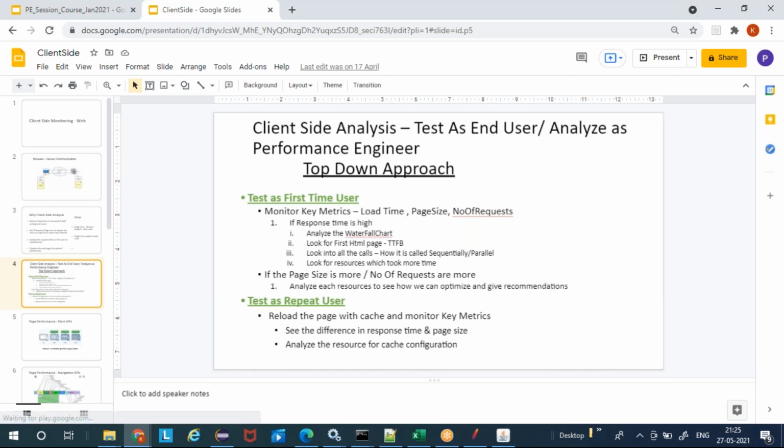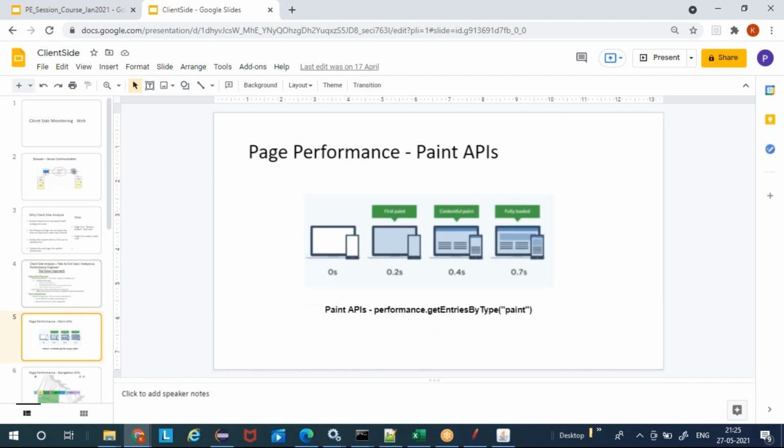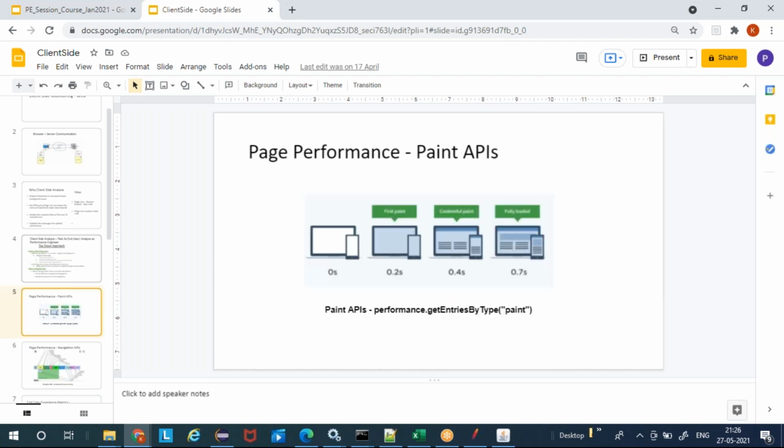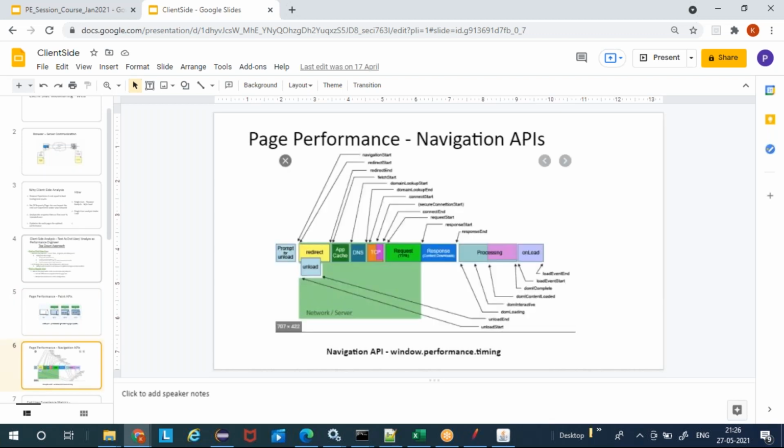What are the various metrics we will be looking into in a developer tool, how to get that data, how to analyze it, and then we'll be looking into a couple of important APIs that are available in the browser, Paint APIs, Navigation APIs. These are the JavaScript APIs that are important to go and collect these metrics. Any tool, if you take Dynatrace or WebPageTest or Lighthouse, all these tools will get the data from the source, your browser APIs. We'll learn what those APIs are, how to execute this JavaScript in the browser.